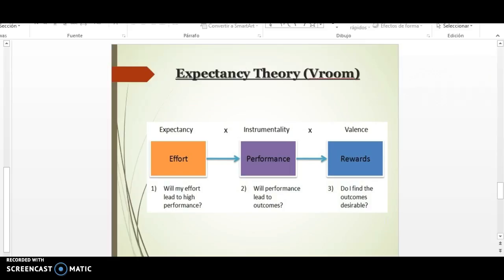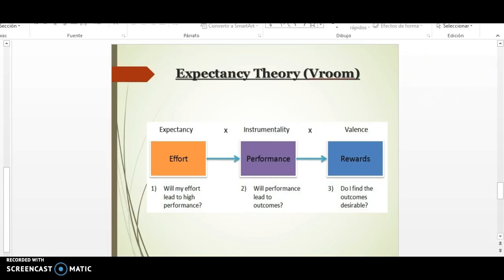Expectancy theory. Whereas Maslow looks at the relationship between internal needs and the resulting effort, Vroom's expectancy theory separates effort, which arises from motivation, performance, and outcomes. Vroom's expectancy theory assumes that behavior results from conscious choices among alternatives whose purpose is to maximize pleasure and to minimize pain. He stated that effort, performance, and motivation are linked in a person's motivation. He uses the variables expectancy, instrumentality, and valence to account for this.